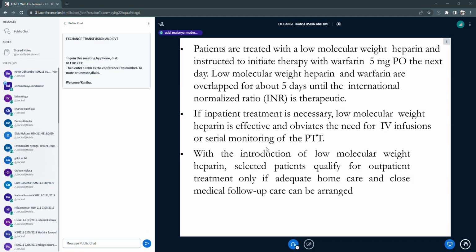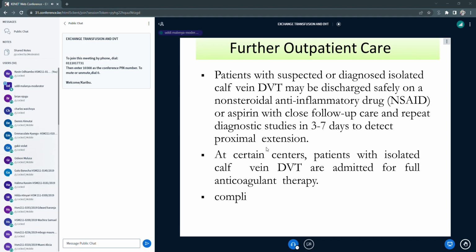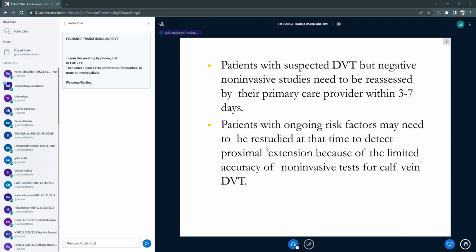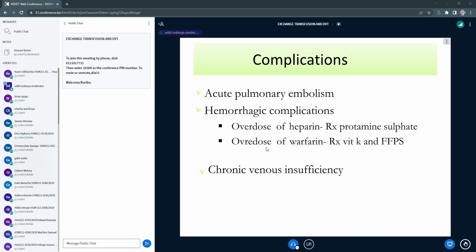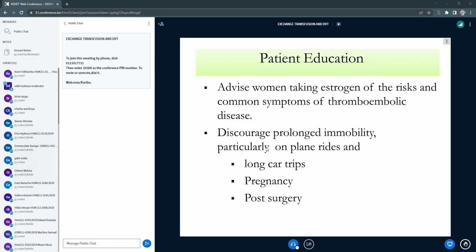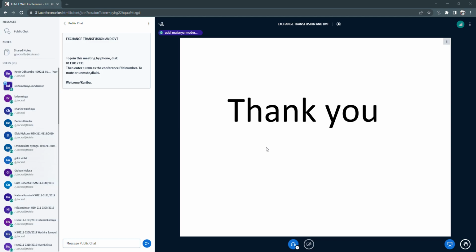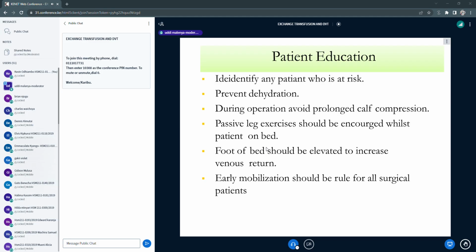Compression stockings are very, very important. There is a lot of information here which I think you can read on your own. Something that I had not put here, which I thought was part of my notes, was